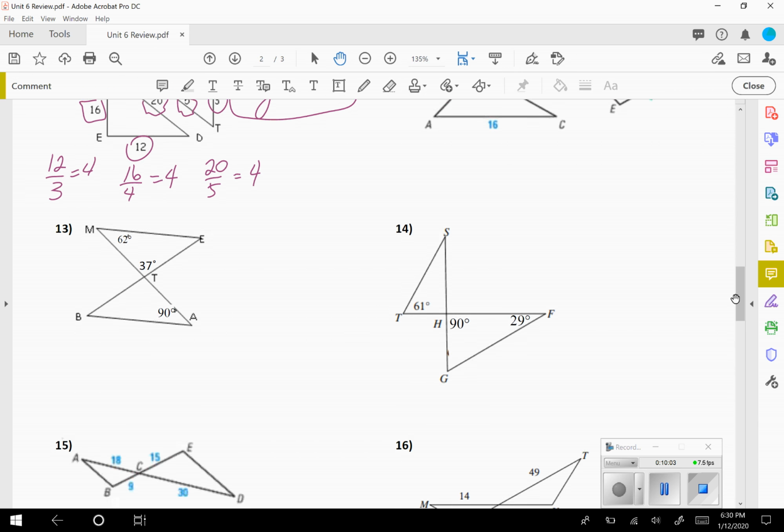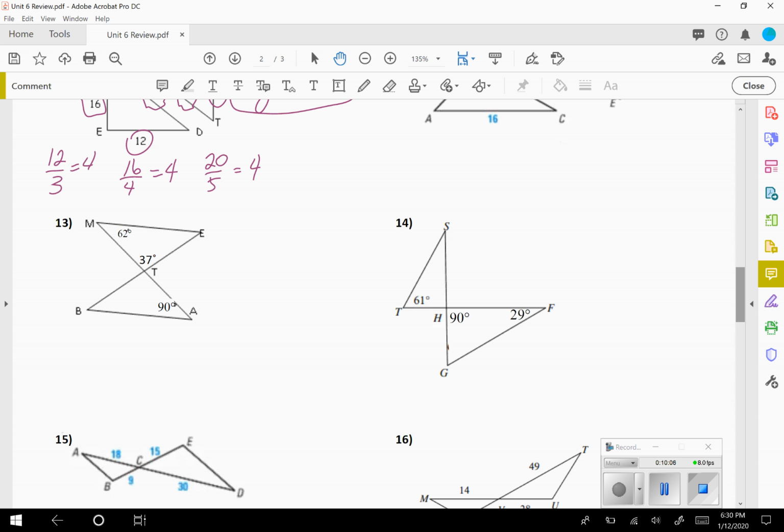Okay, this one here. They've given us 3 angles. Remember, in the middle, these are vertical angles, so they're both equal. So 37 and 37. And since we don't know if this one over here is 90, or if this one over here is 62, you have to find the missing ones. So do 180, take away 62, take away 37. So 180 minus 62 minus 37. It's 81. Okay, and then you can go over here, do 180 minus 37 and minus 90, and that gives